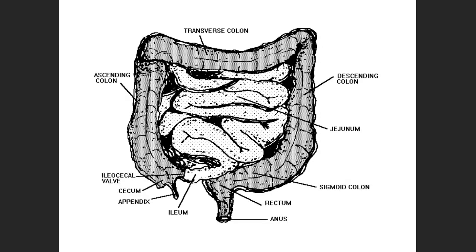Your small intestine's job is to finish the digestion. So it mixes with those enzymes from the pancreas and turns all your little polypeptide proteins into amino acids, which go into your bloodstream in the small intestine and then around your body. It turns all of that leftover starch into maltose and then also into glucose, because it has the enzyme maltase as well. And it puts that glucose in your blood so it'll go around your body for you. And the fats and oils will go into the lymphatic circulatory system.